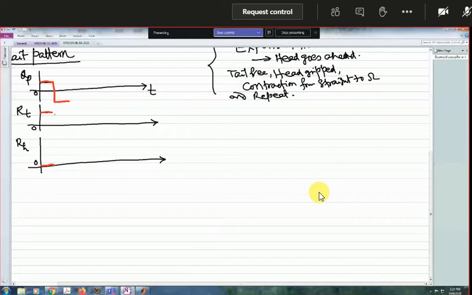Sir, why is this flow negative in this second part? As much as you have expanded, that much is retracted. If you do not give that, then the insect will go on elongating. It's a flow between two masses. You cannot go on extending your muscles continuously.